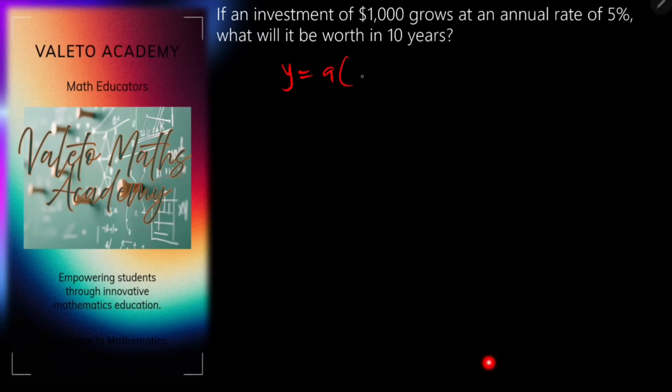So we say y is equal to a times 1 plus r raised to power t. And here, the initial amount is 1,000. 1 plus r, the rate of investment is 5%. So it will be 1 plus 0.05 raised to power what? t, 10 years. Okay. So once we're able to put all the correct numbers, I think we have done. So we say y here is equal to,